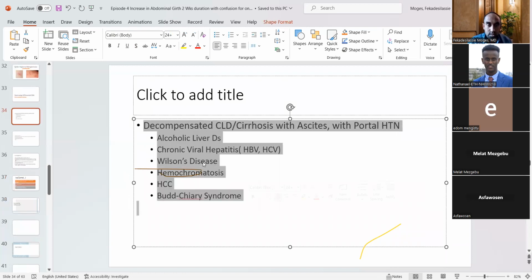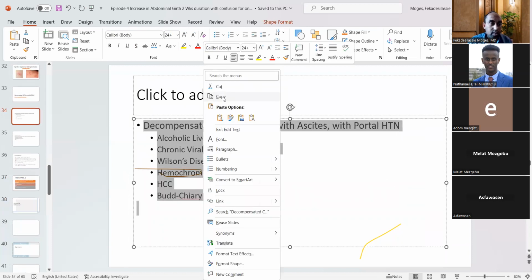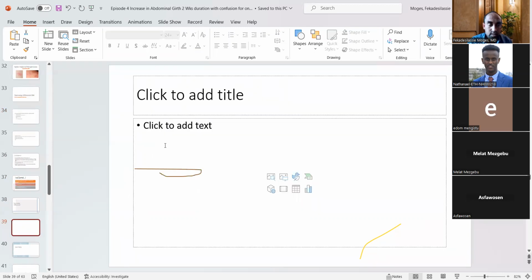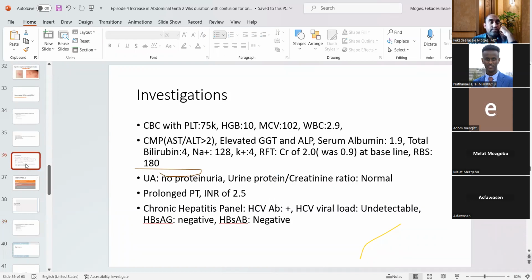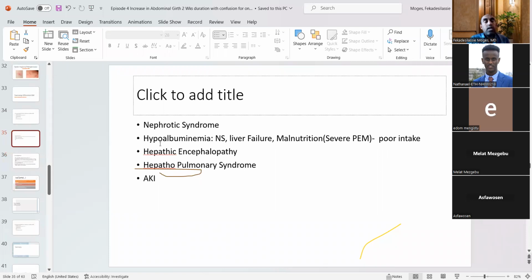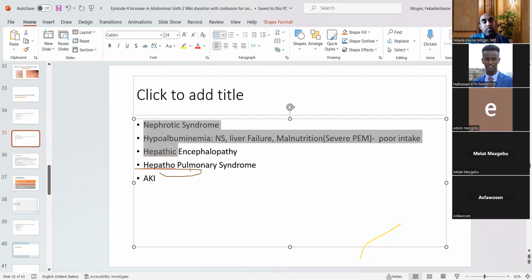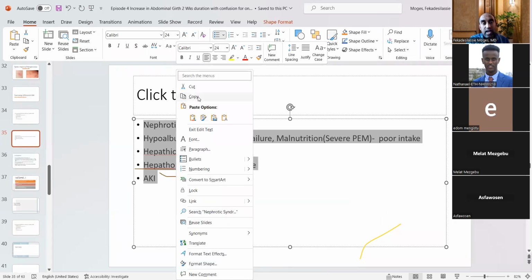There was a question in the chat box. Okay, what is that? Do we have to write every complication as a differential? So can't AKI be explained by the hepatorenal syndrome? Was asked. There are different approaches. Here in this country, you list differential diagnoses. In any case, you can explain AKI, and say it is because of prerenal azotemia, and you explain why it is prerenal azotemia. First, effective circulatory